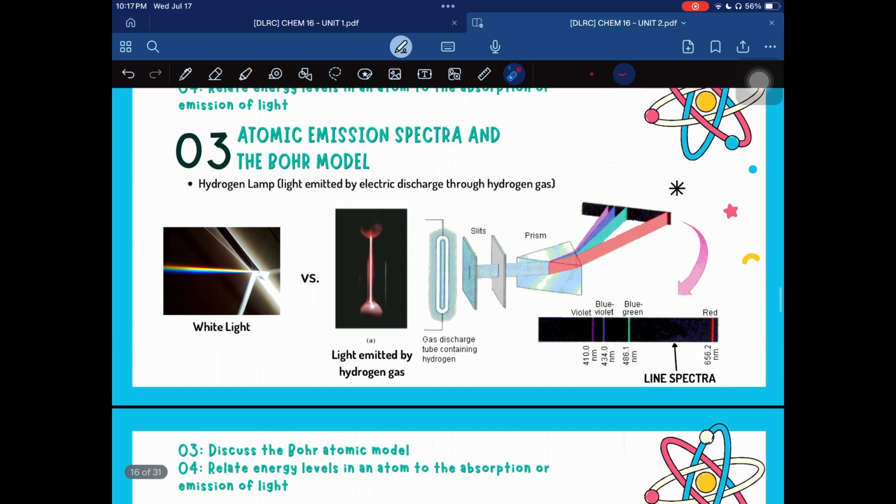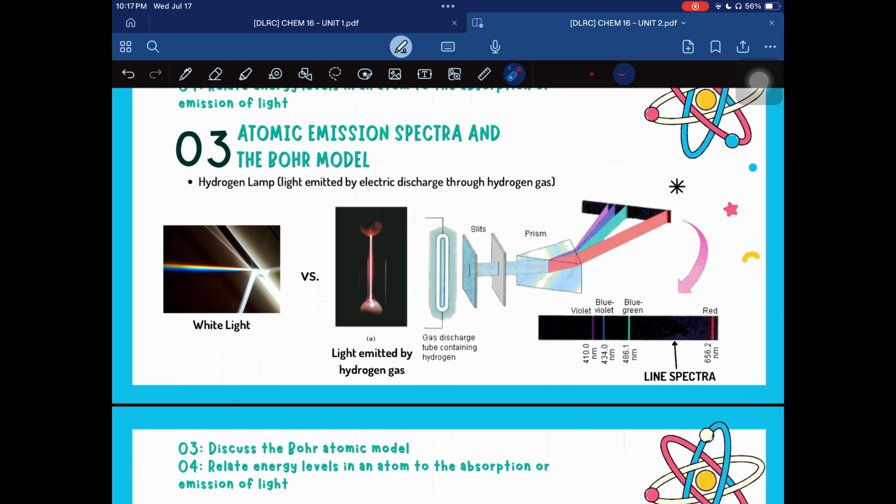So each element has its own atomic spectra, just like a fingerprint, because each element has a different nucleus. So this line spectra is unique only to hydrogen. So two different elements cannot have the same atomic spectra, just like